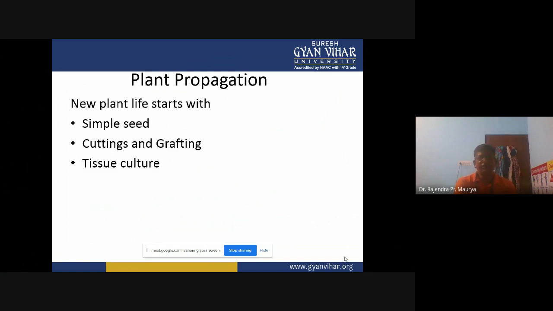There are a total of 5 different methods of vegetative propagation. Number 1 is cutting propagation, then layering propagation, and number 3 is specialized vegetative structures.